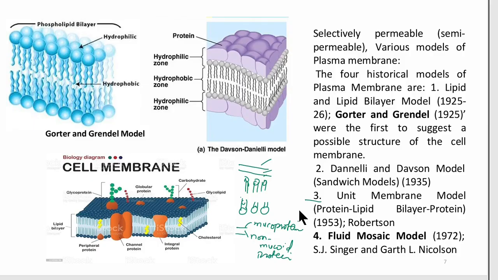And the last model is the fluid mosaic model, proposed by Singer and Nicolson, who gave the term biomembrane also. In 1972 this was found to be the most recent convincing model. According to this model, the plasma membrane is a tri-layered structure composed of lipid, protein and some amount of carbohydrate. The membrane does not have uniform